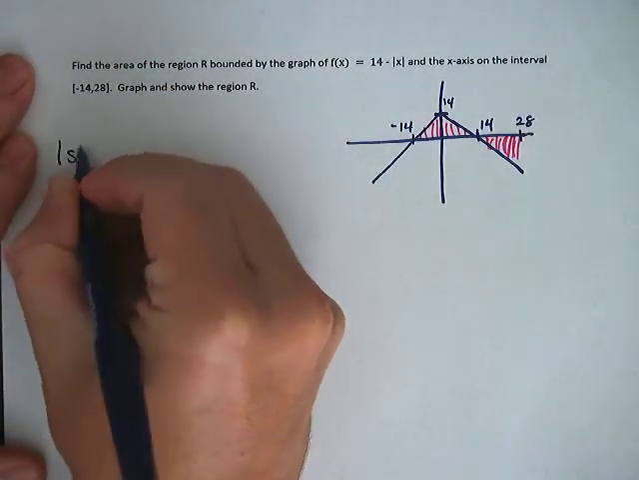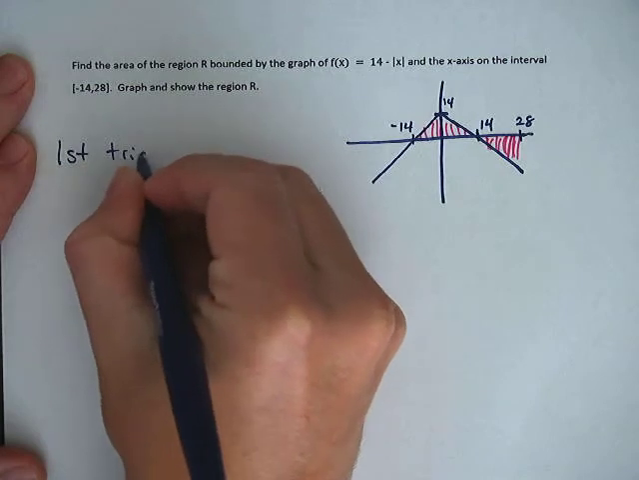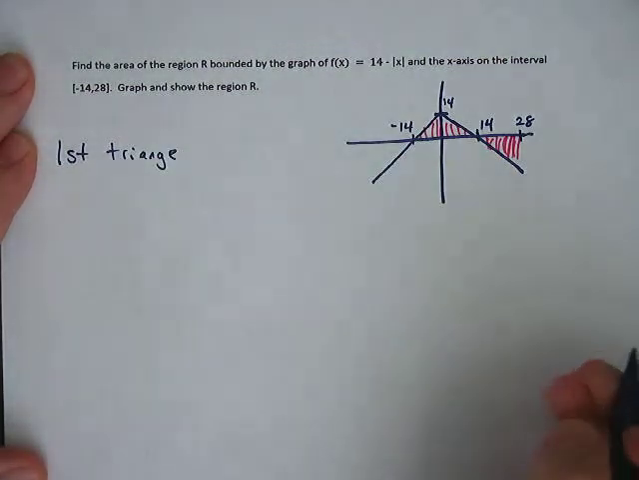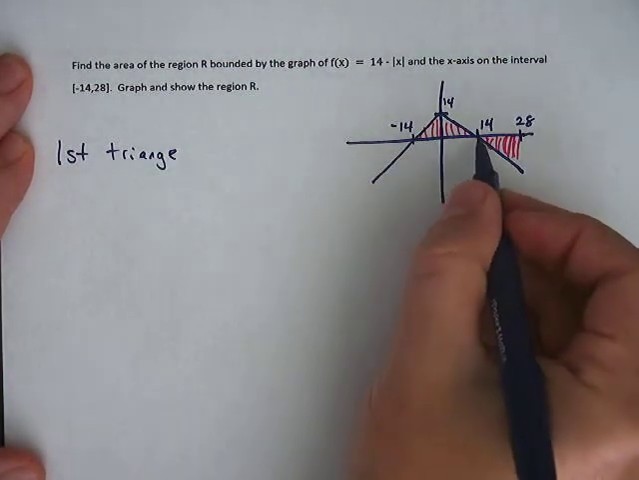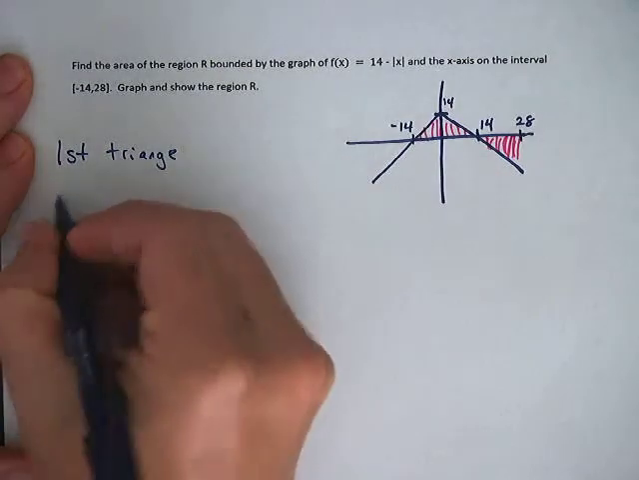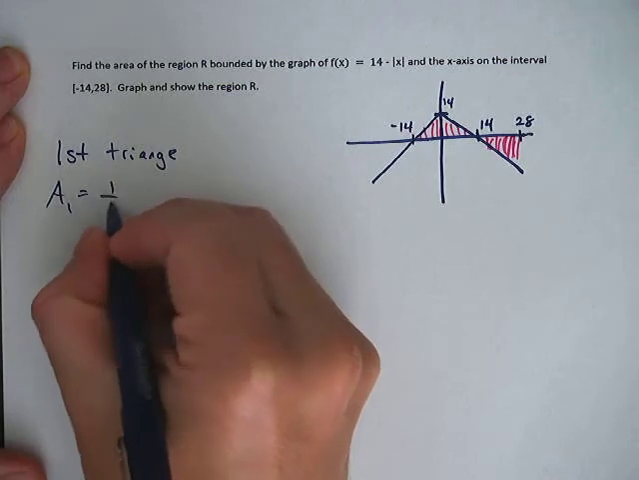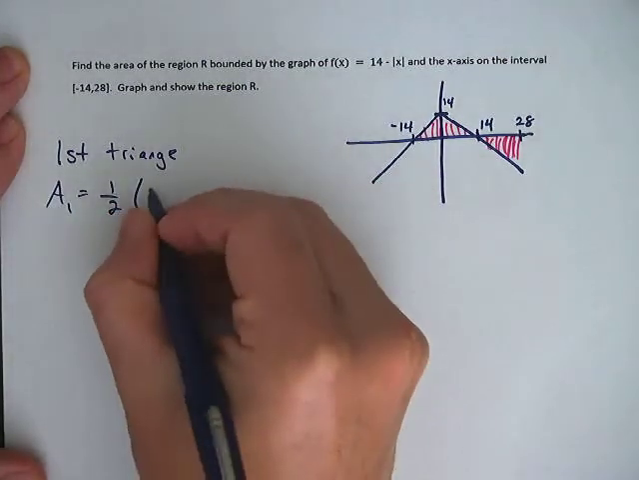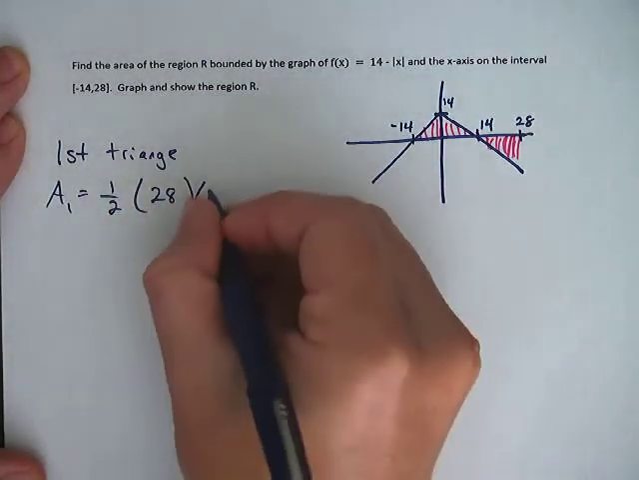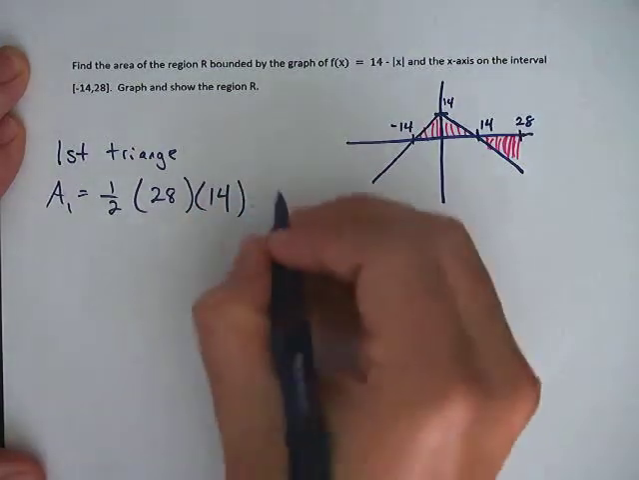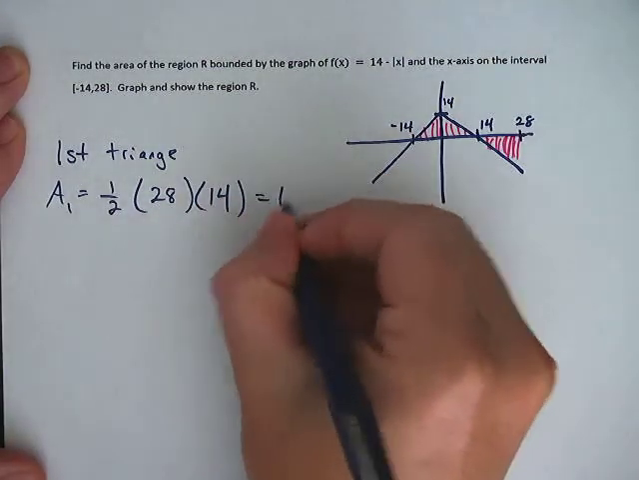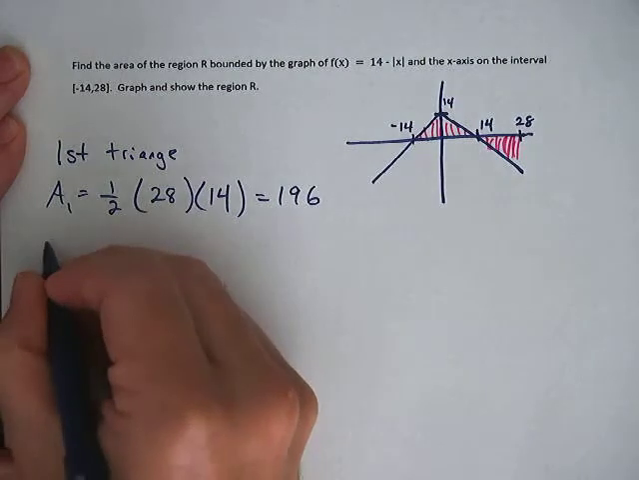So the first triangle goes from negative 14 to 14. That's 28 long, 14 high. So area, call it area 1, equals 1/2 times base times height. Base is 28, height is 14. Multiply that through, it's going to be 14 times 14, or 196. Second triangle,